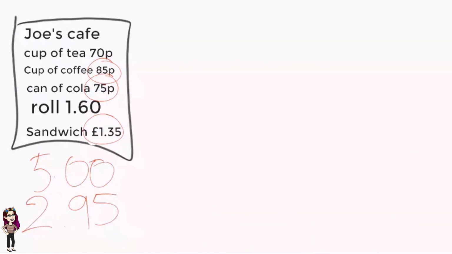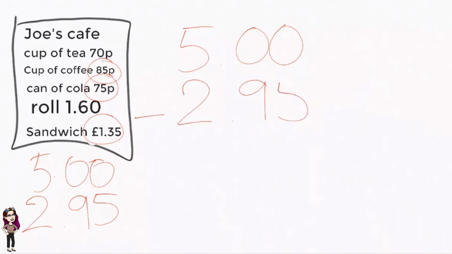So we need to work out how much change she gets from a £5 note. So we'll do £5, take £2.95. And for this one we need to subtract. Now we know that we can't take 5 from 0, so what we need to do is take 1 from its next door neighbour. We can't take 5 from this 0 either because it's still a 0, so we need